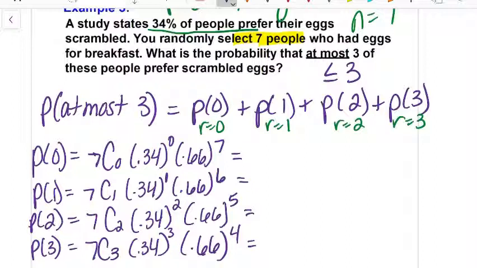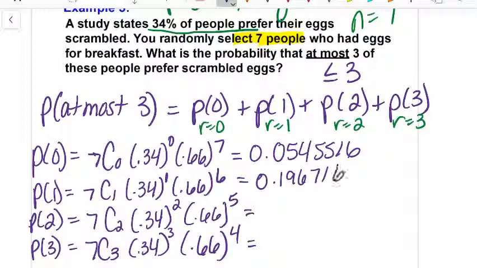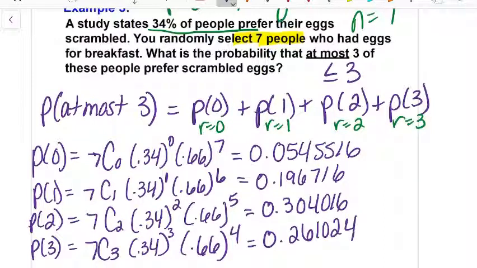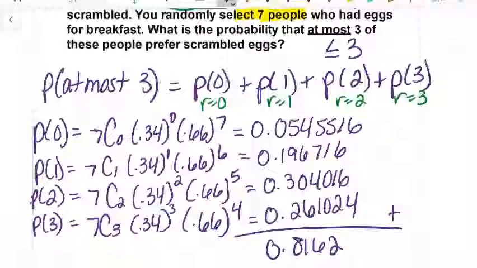The probability of 0 people liking it is 0.05455516. Probability of 1 person liking it is 0.196716. 2 people liking scrambled eggs, 0.304016. 3 people, 0.261024. The total of all of those together will add up to 0.8162 approximately,